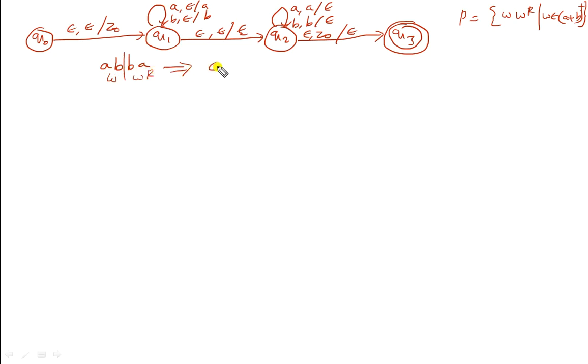So this string is converted into epsilon A, epsilon B, epsilon B, epsilon A, epsilon. Okay. So if you consider the string like this, then there is a possibility that either you can perform a transition on the input symbol, or you can perform a transition on epsilon. So meanwhile, if you keep on doing like this, there will be a particular point where you can determine whether the given string is accepted or not.